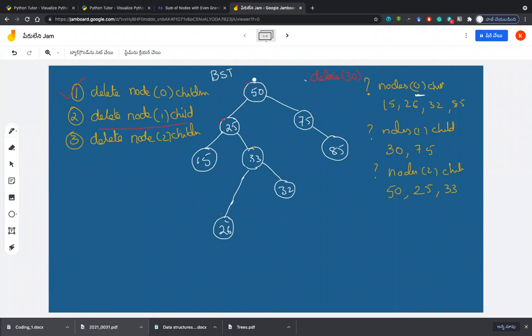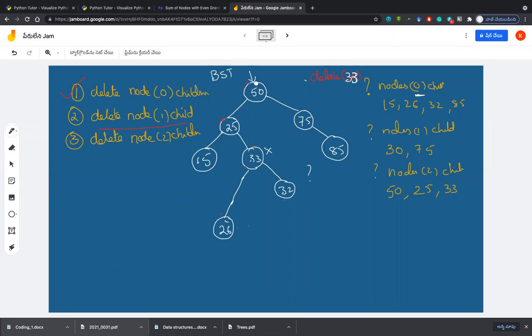When I want to delete, I will go with the same thing. Like I want to now delete 33 as a number. So this one I want to delete. So this 26 and 32, these become orphans, right? Then what to do and how to do? Then comes the solution I will tell you.